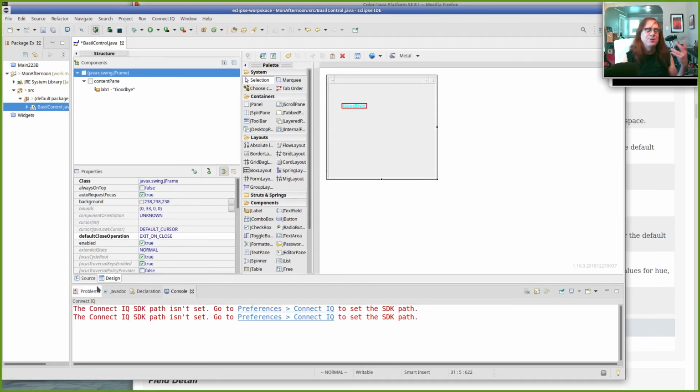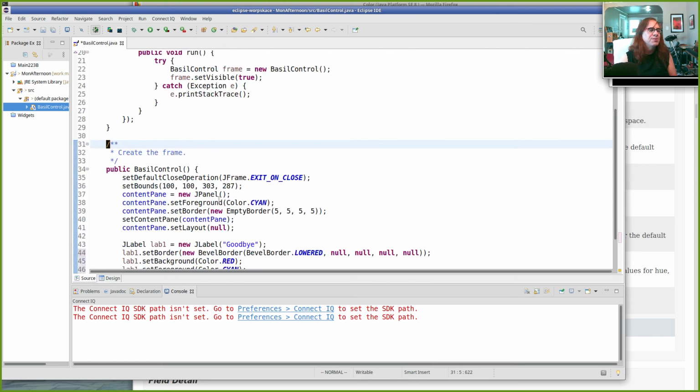And so you can spend your entire time that you have to work on a project just messing around with these properties of objects, right? This is just a label. It's a really basic object, but we can set up all these things and experiment with it. We can obviously control where it's placed. So the set bounds specifies the position and the dimensions of this. So if I change this to 400 and 500,